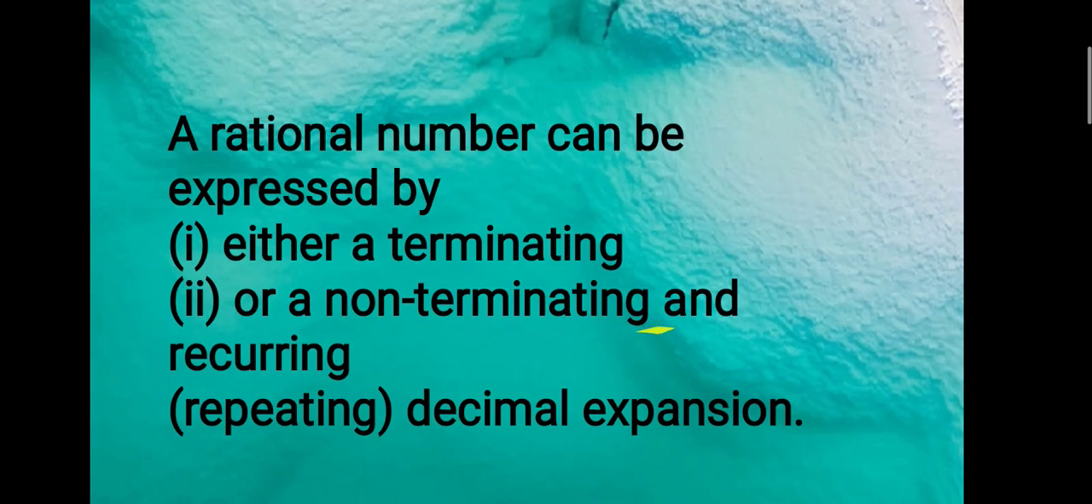This all together is one type. So these are all the two types of decimal expansion. First one is terminating decimal expansion, second one is non-terminating and recurring decimal expansion. So we can say a rational number can be expressed by either a terminating or a non-terminating and recurring